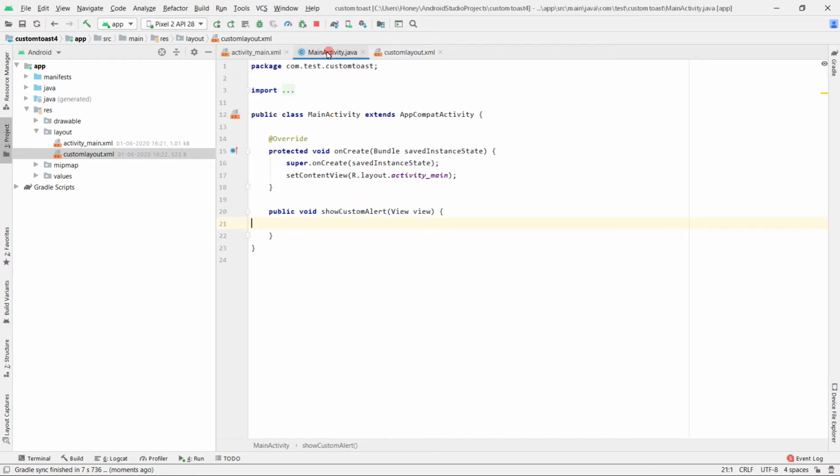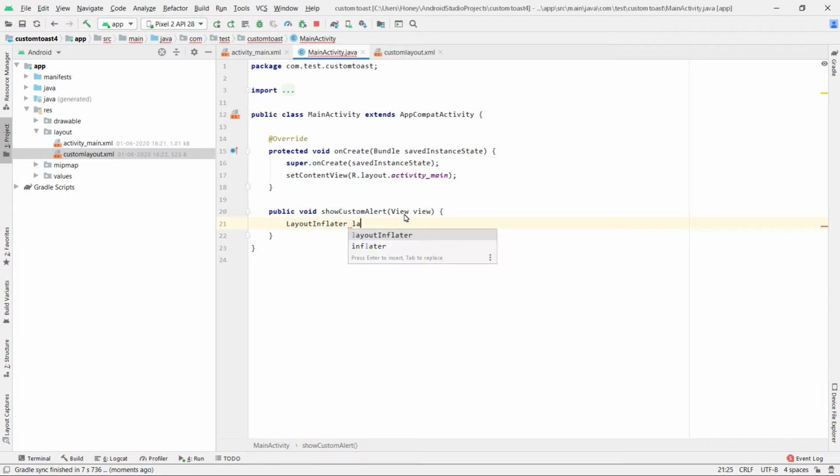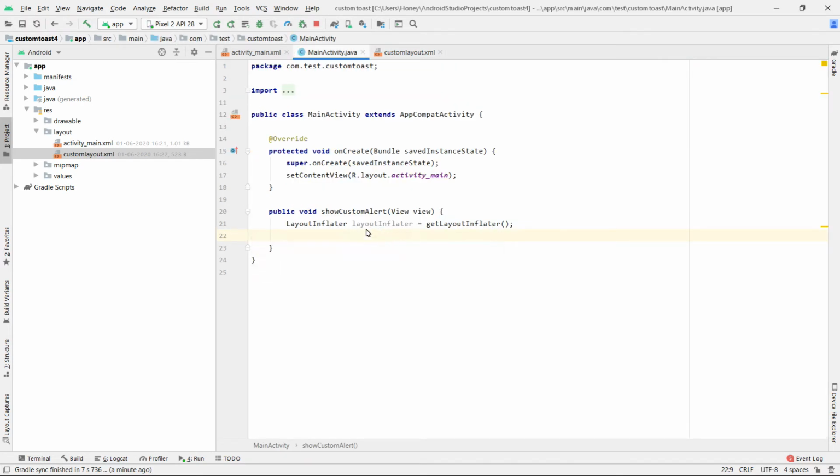Now go back to activity main.xml. Create a layout inflater object. Assign a name to your object. Get layout inflater. Basically this method is used to read an XML file. That is, now we are going to read the custom layout.xml file with the help of this layout inflater object.